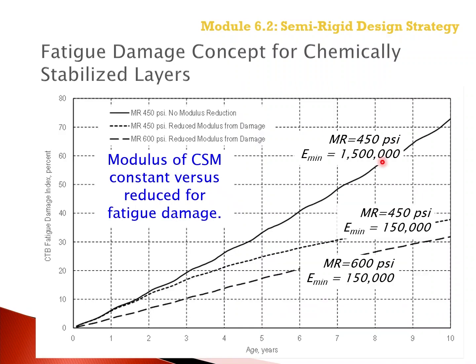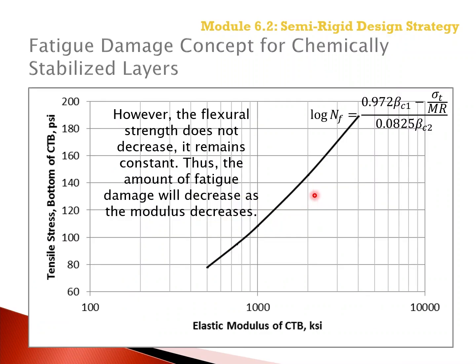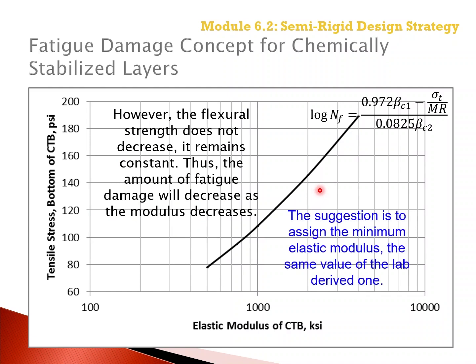So that is the reason why, when we consider a reduced modulus, the accumulated fatigue damage, or the incremental increase in fatigue cracks, increases at a much decreased rate compared to no modulus reduction. So is this reasonable? The suggestion is that it is not, that we can determine very long lives of semi-rigid pavements by using the reduction of the elastic layer